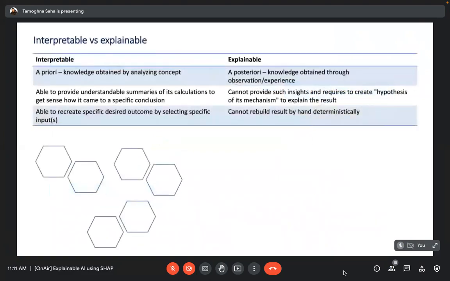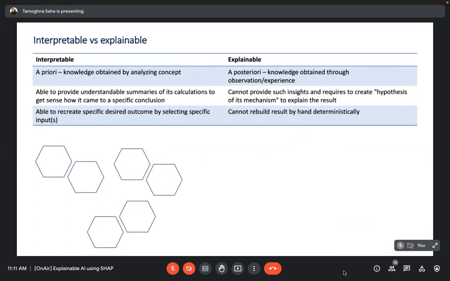Now, if we have to look into the terminology differences, it's pretty much interchangeable. However, just on a basis of time and mechanism, interpretable and explainable terminologies can be used. So, in terms of interpretable, it's a kind of a priori where we can obtain the knowledge of an output or the outcome of a model based on the concept that we are analyzing.